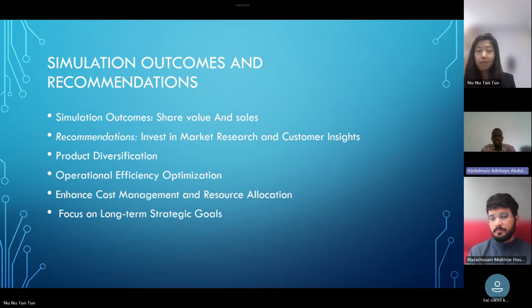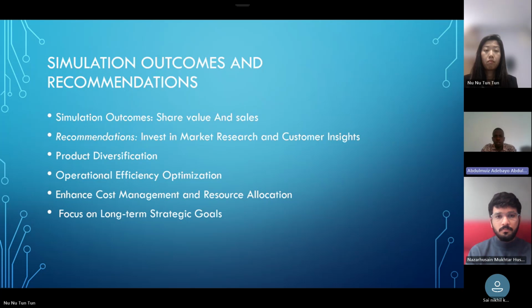Talking about operational efficiency, optimization is a very critical area for improvement. By leveraging data-driven insights, we can identify inefficiencies in our operations and streamline processes. This includes optimizing inventory management and addressing production bottlenecks. Continuous refinement based on these insights will enhance our financial performance and help us respond more effectively to market trends, ultimately contributing to a more stable share value.